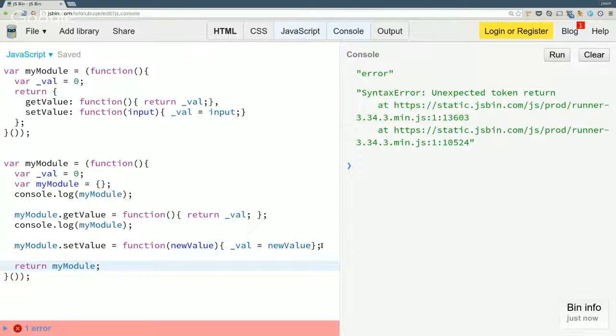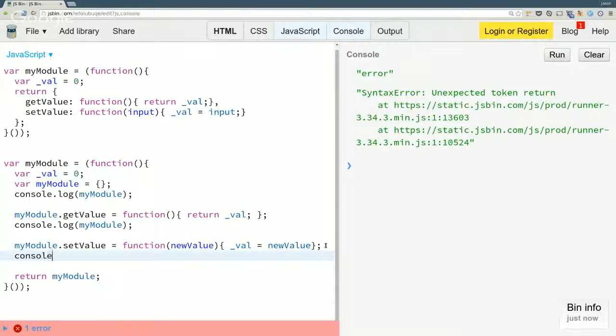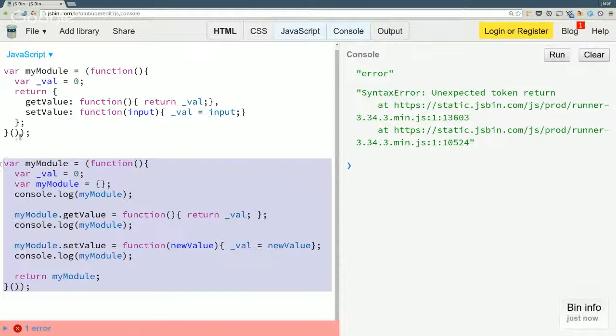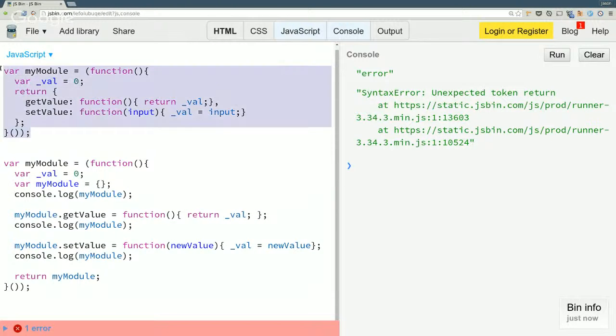Yep. So does everybody see here that, just to be consistent, console log again, so we see how my module is growing. But you see here, this function and this function are exactly the same. There's absolutely no difference in what these two functions return.